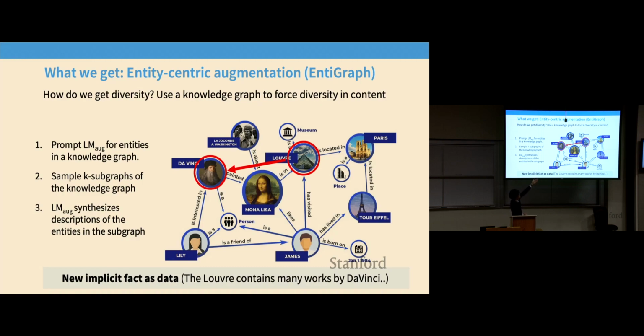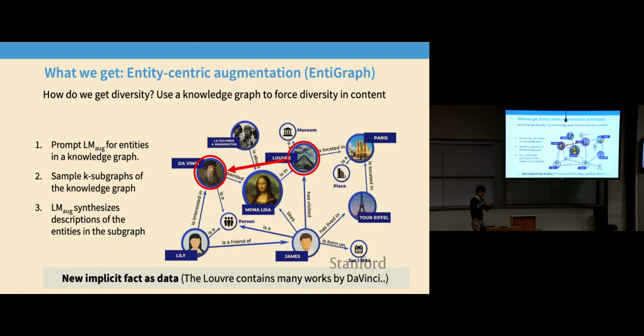And if the LM does this instruction correctly, then what it's going to do is, in some sense, traverse the knowledge graph, right? It's going to say something like, the Louvre contains the Mona Lisa, which was painted by Da Vinci, right? And so we're basically surfacing these indirect relations about, let's say, Da Vinci and the Louvre. There's never a direct connection between those 2 in the document. We're going to force the language model to spell that out and then put that back into the training set of this model, right?